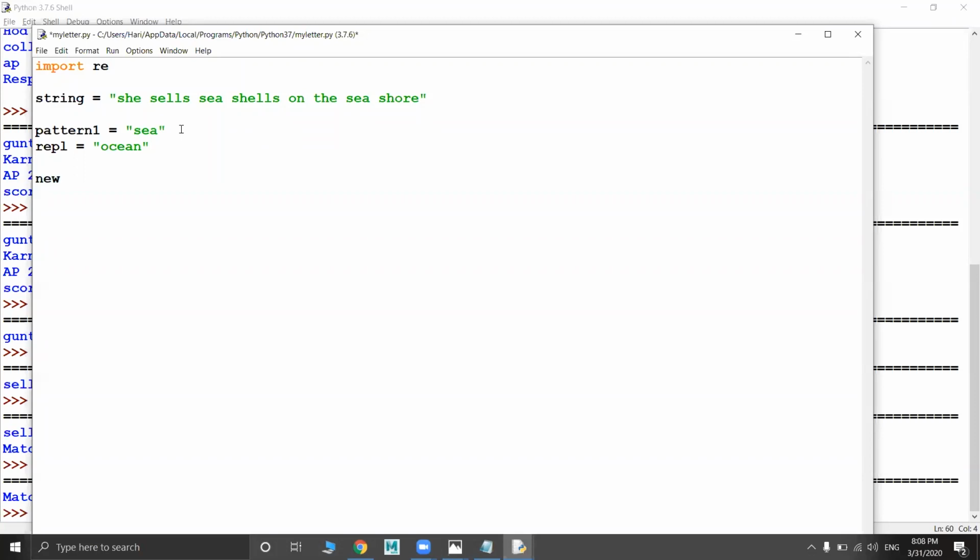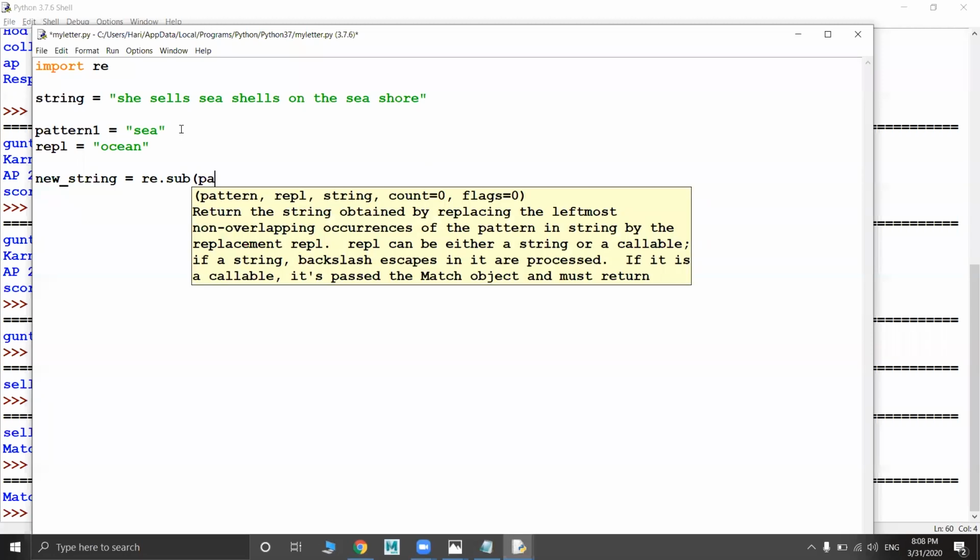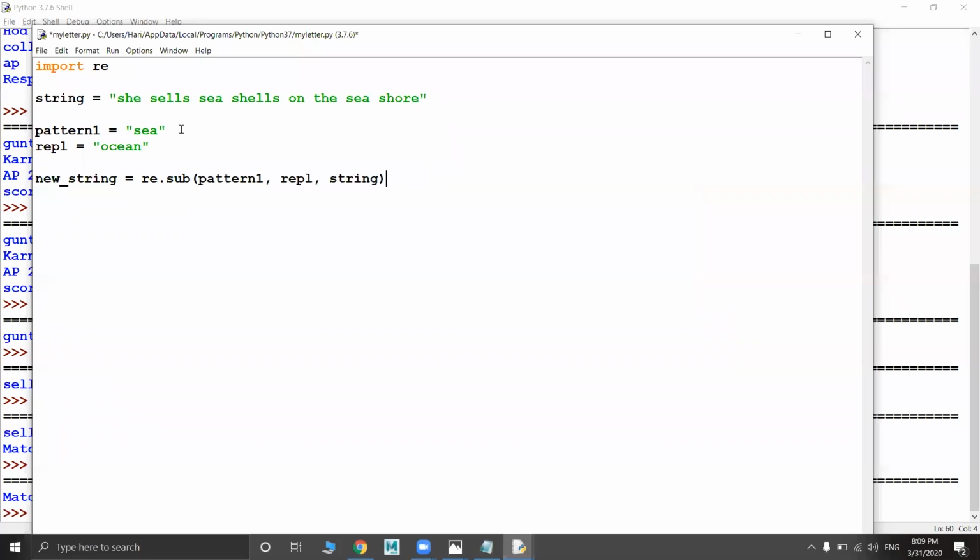Okay, then you write some variable, re dot sub function, give pattern, then what you want to replace it with, and then give the string. Okay, close it.